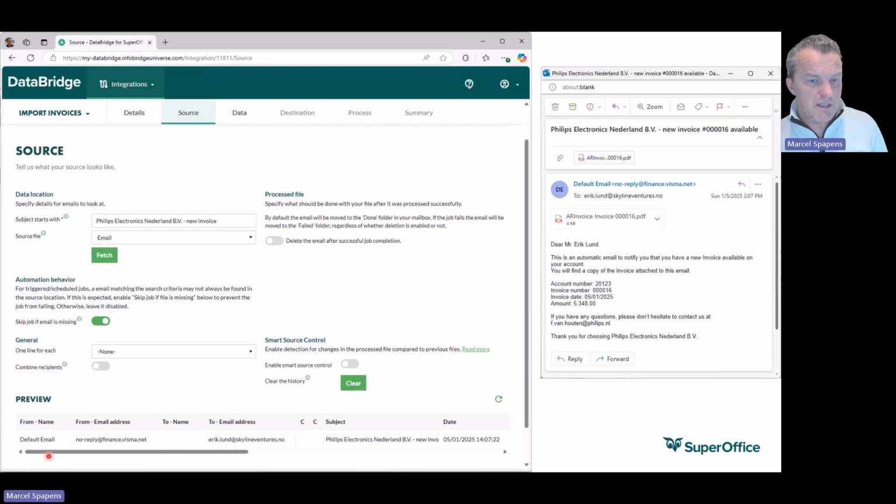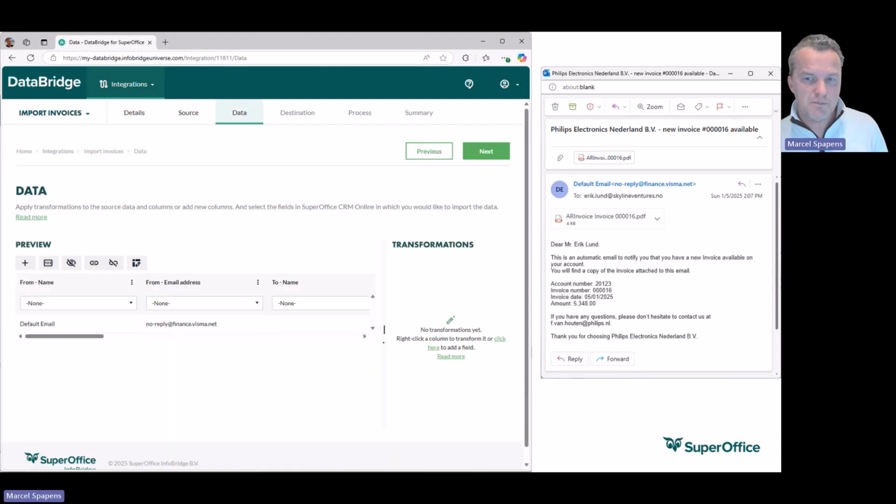When the fetch succeeded, at the bottom of the page, in the preview section, you'll see all the details coming from my email. Let's continue to the data page, and I'll leave the email on the right side just to verify that what you see on the right side and on the left side in DataBridge, that the values match. So when I proceed to the data page,